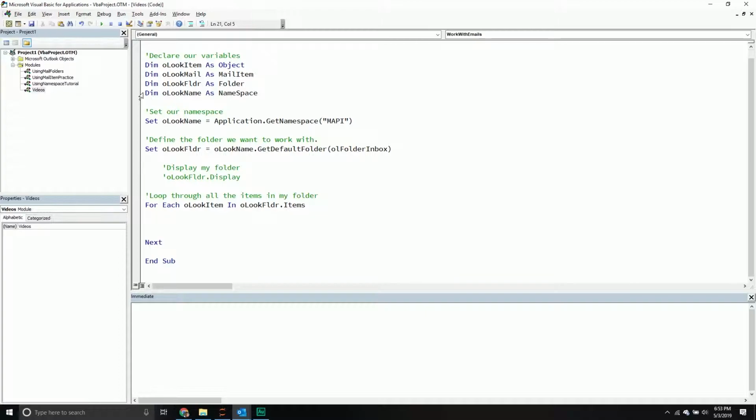Let's just see if it's a mail item. So we'll check as we're looping if the item is a mail item, and if it is, let's print the subject line, right? So we'll just print the subject line. So if the item is a mail item, then do your thing, right? So we'll say if, we'll call the type of, and then we'll call look item is mail item, then end